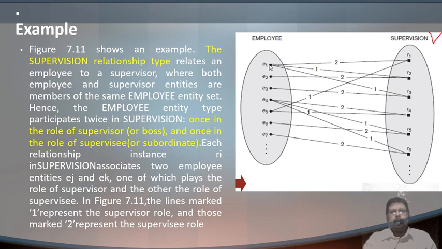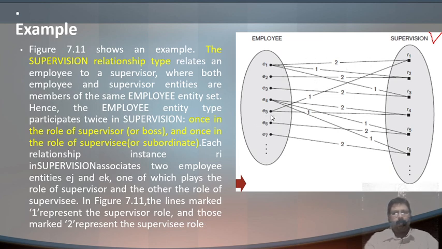Means E1, employee 1, is a supervisor to employee 5. Correct? Yes or no? Getting what I am saying? 1 represents supervisor and those marked 2 represent a supervisee role.